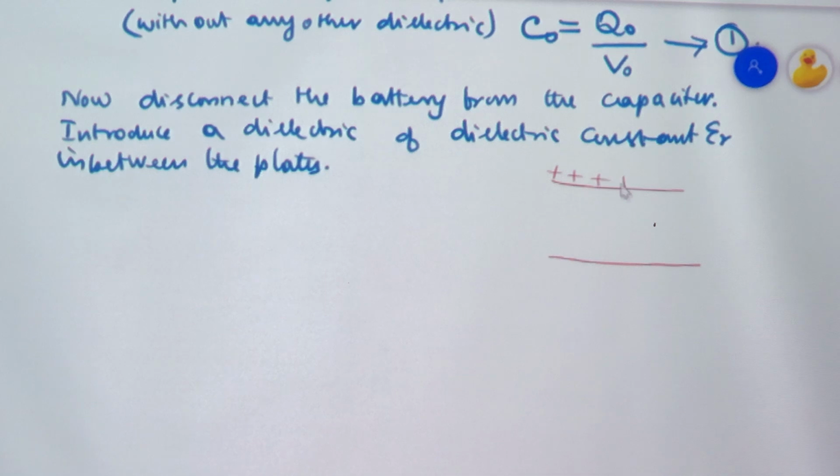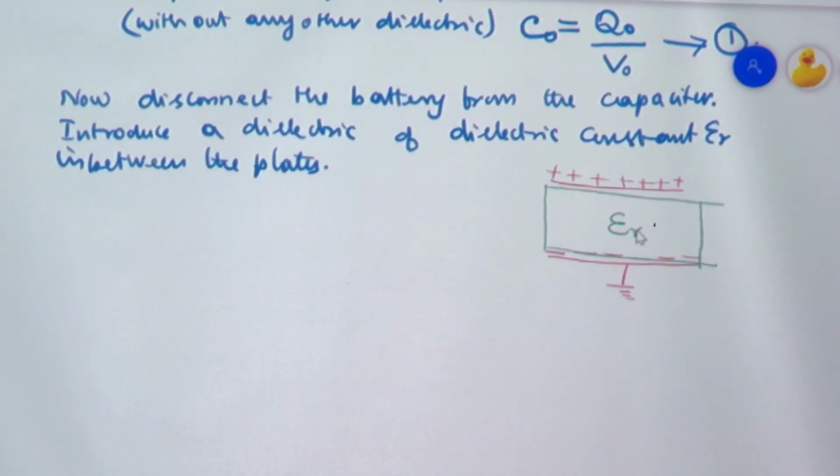One of the plates will have a positive charge and the other plate will have a negative charge. This plate is said to be earthed. Now, in between the two plates, what do we have? A dielectric is introduced, and this dielectric has a dielectric constant epsilon r. Also, the electrical lines of force are confined in between the two plates, and they are parallel